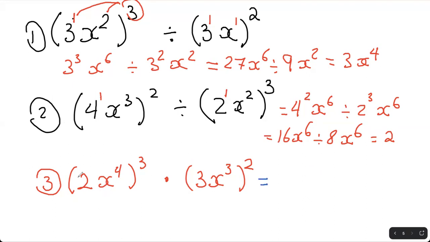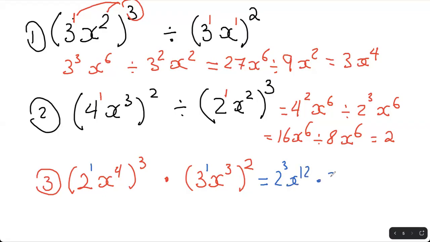Here what we have, this has a 1 on top, the 3 has a 1 on top. So remember that. That's a common mistake that students make. They just go 2x to the power of 12, and they ignore the 1 exponent on top of the 2. So therefore you have to multiply the 3 into the 1 here as well. So you're going to get 2 cubed x to the 12